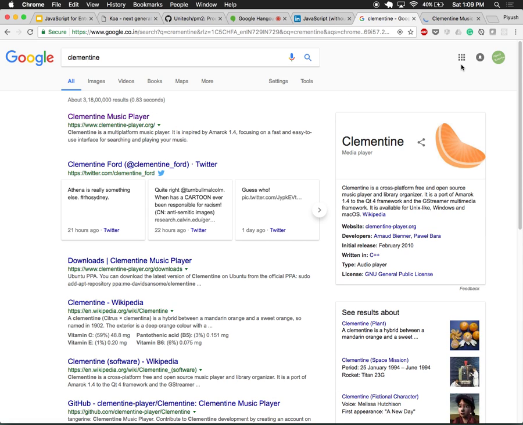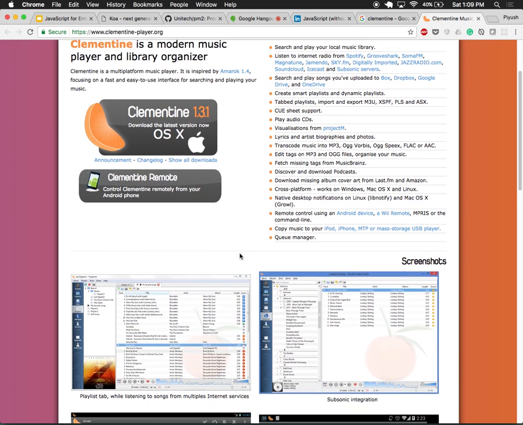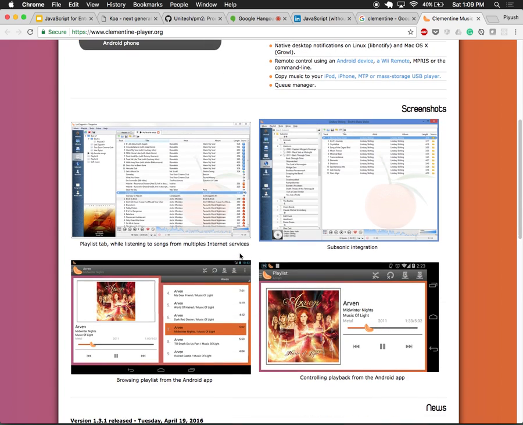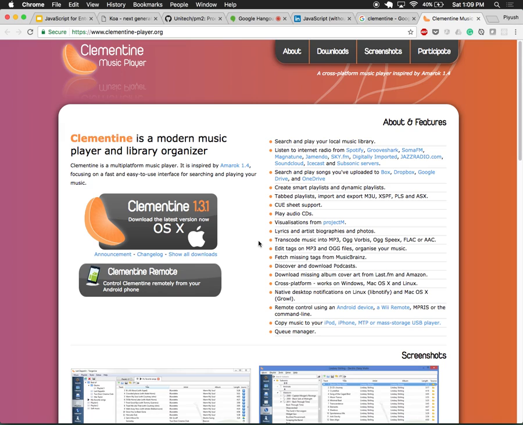Okay. Written in C++. Qt has very nice abstractions over working with the network and working with audio devices.